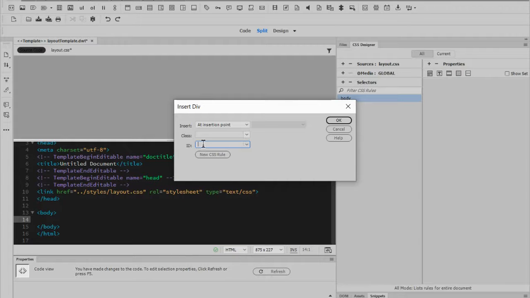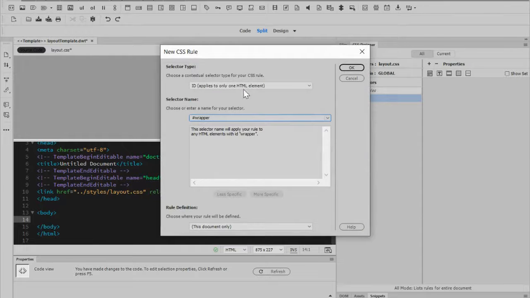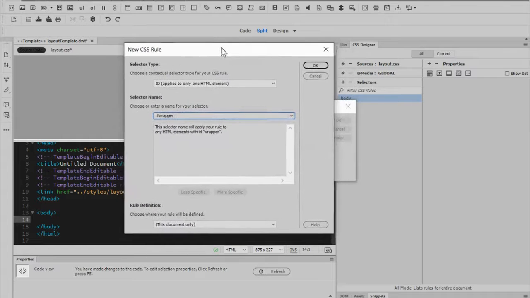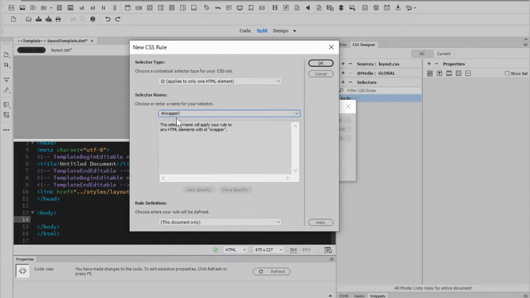This is going to be a div ID selector, and I'm going to name this wrapper. I'm also then going to select, right below that, New CSS Rule. And you should get this panel box. Before I do anything to select and change this wrapper selector, I want to make sure that when I define this rule, it is going to be defined